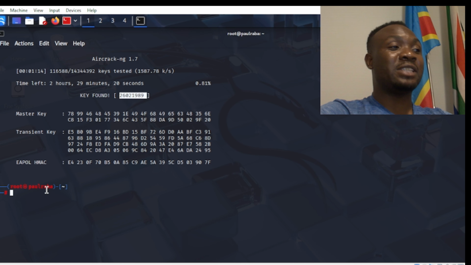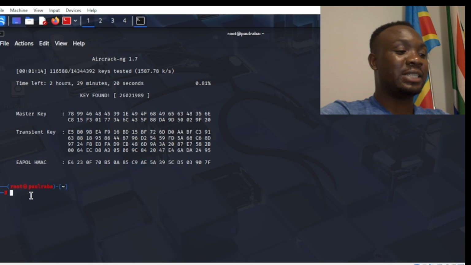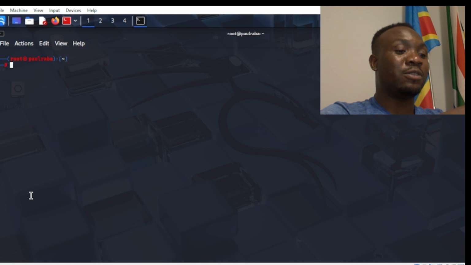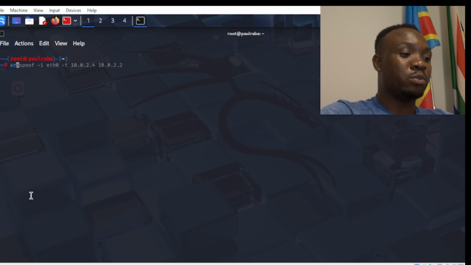This is the first step. There is also a second thing that a person can still do with this, which is the denial of service. Let me clear that. So to do the denial of service is the same as the deauthentication, but this time I'm going to put aireplay